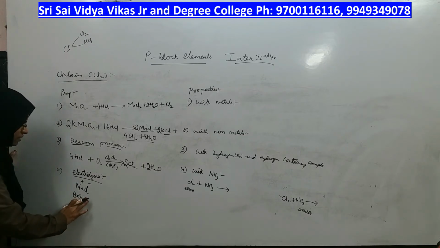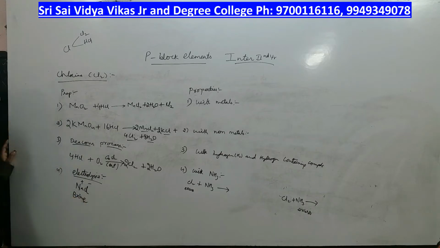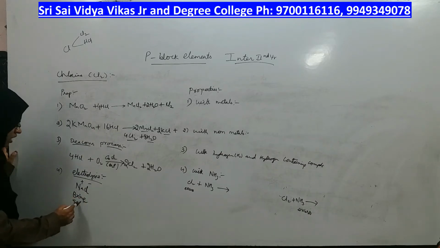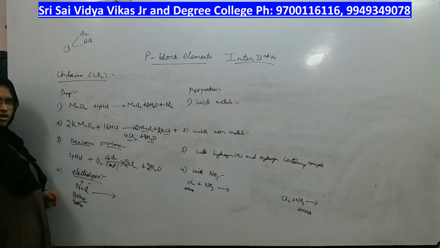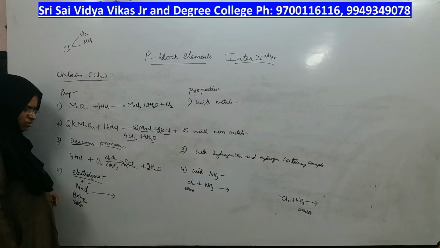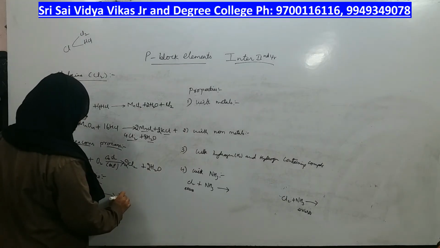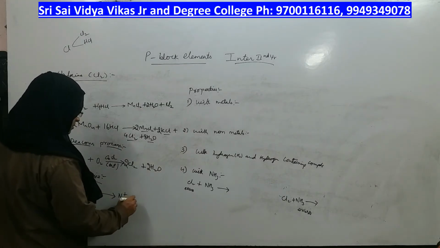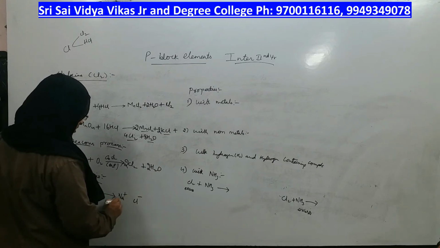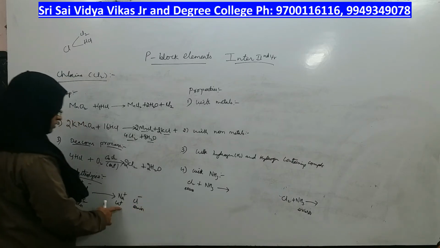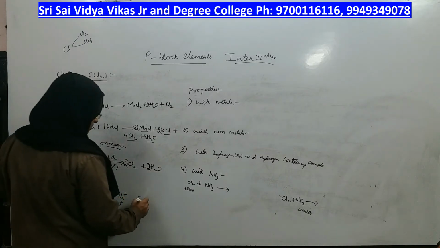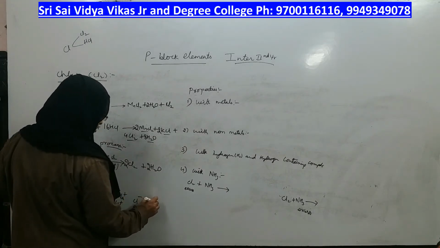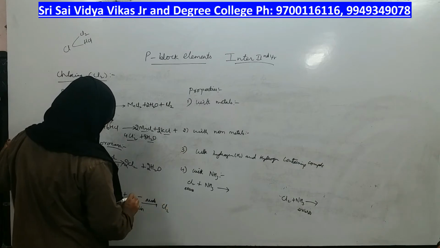Or brine, B-R-I-N-E, brine solution. If you take brine solution and do electrolysis, what happens is the Na+ ion will migrate towards the cathode. First they get separated in the presence of electricity into cations and anions. Cations migrate towards the cathode to undergo reduction, which gives sodium. Anions migrate towards the anode to give you chlorine gas.